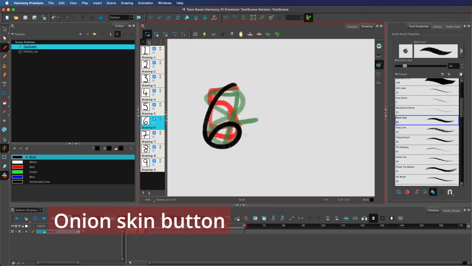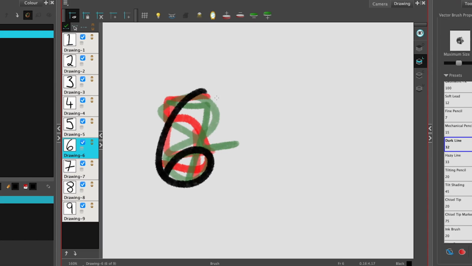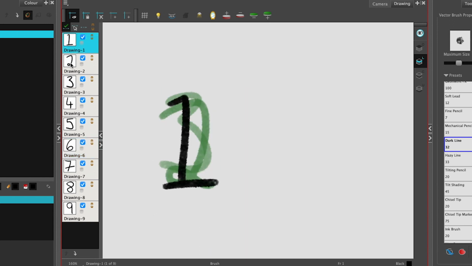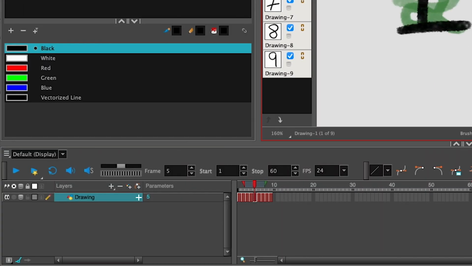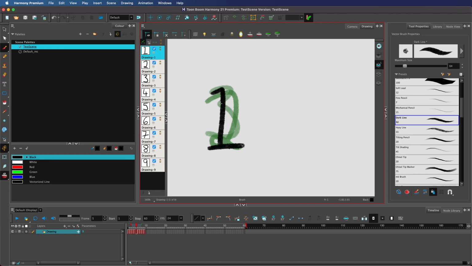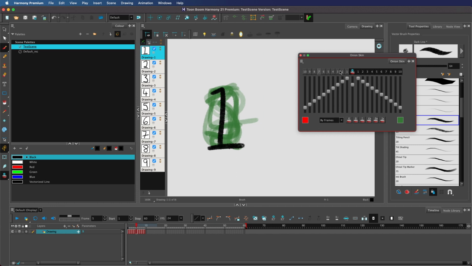The idea of the Shift and Trace tool is to be able to trace between two different drawings. You can see there's a lot of drawings in the drawing desk. It looks quite cluttered. By clicking this little onion skin button, this hides it from the onion skin. This allows you to hide a drawing from the onion skin view. The amount of frames that you see ahead and behind depends on your onion skin handles. So if you're on the standard onion skin, even though the frame doesn't match, we've set it to 2 frames behind and 2 frames ahead. So that's what we see. If we're on the advanced onion skin, again, this is what controls which frames we see. If you want to learn more about the onion skin, click the card in the top right hand corner.